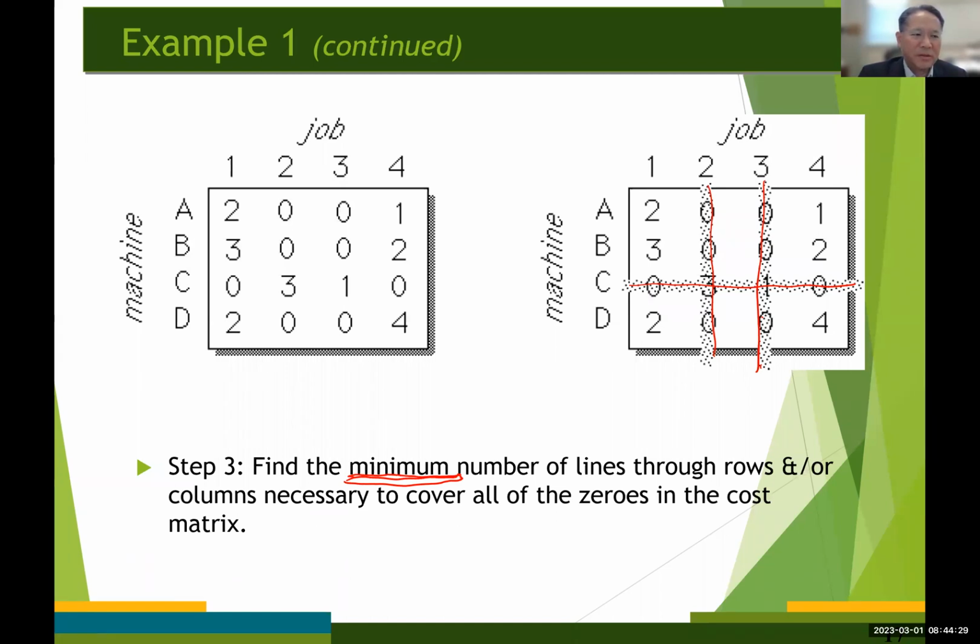So there is no 0 cost assignment possible with this matrix. And this can be determined by the fact that the zeros can be covered with only 3 lines. Okay, and this minimum number of lines required to cover every 0 is not equal to 4. And this 4 is the number of rows or the columns, and this number 3 is the minimum number of lines